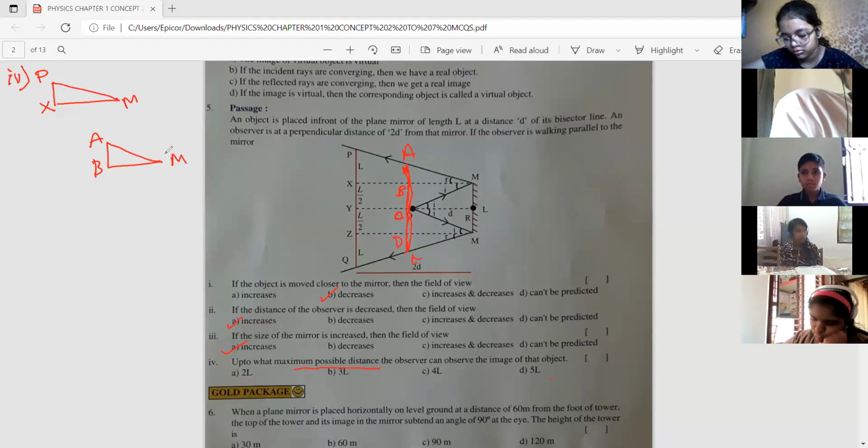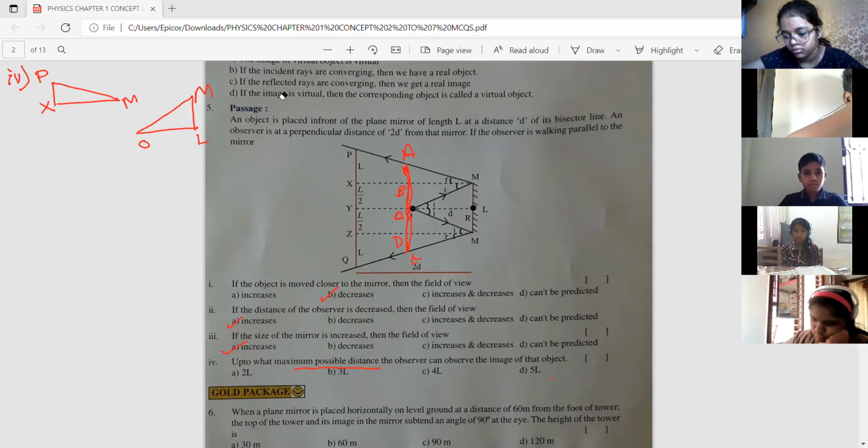Let us see these two triangles, children. OBM I have taken. In those two triangles, we are going to observe PX by AB, or else we can take one more triangle, angle OLM. So we consider two triangles from the figure. One triangle is PXM, and the other triangle is OLM. Two triangles we considered. This is actually R, sorry.